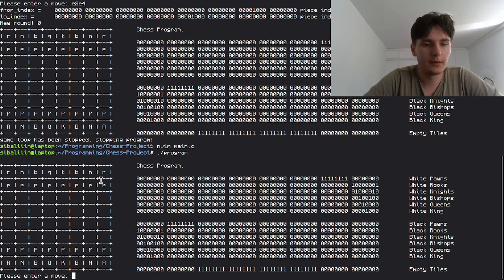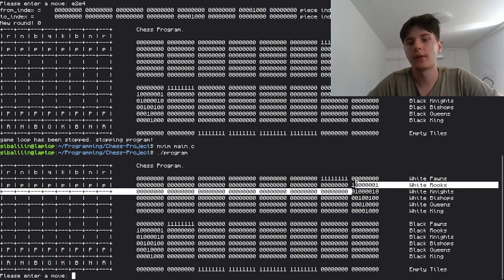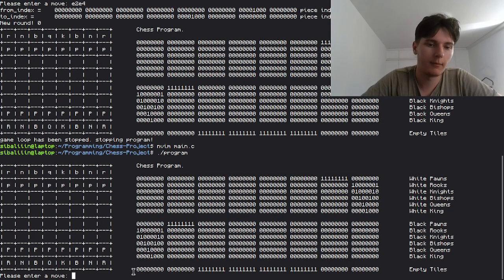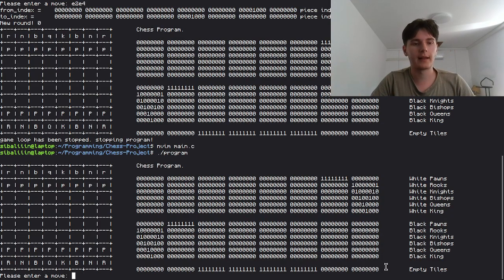If we try to put these rows next to each other and only put a 1 where a white pawn is, we would get back this huge 64-bit number, and after that the white rooks and so on. And I also made a bitboard for empty tiles. Okay, so basically that's how the display works. We overlay all of these numbers,